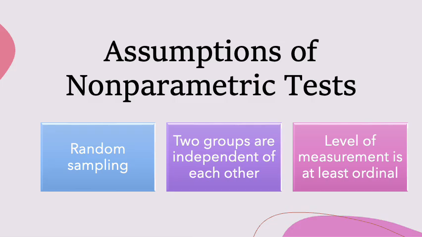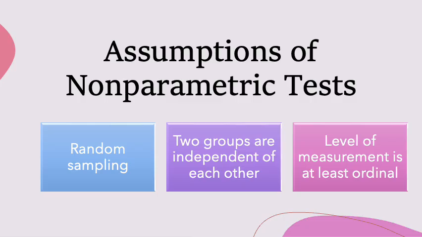The first assumption is that random sampling was used. The second assumption is similar to parametric tests in that the 2 groups that you are comparing are independent of each other. And the third assumption of non-parametric tests is that the level of measurement is at least